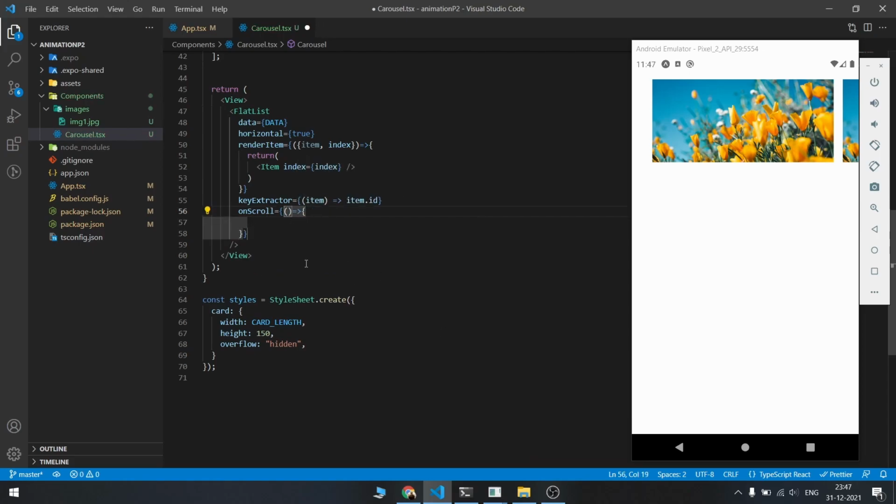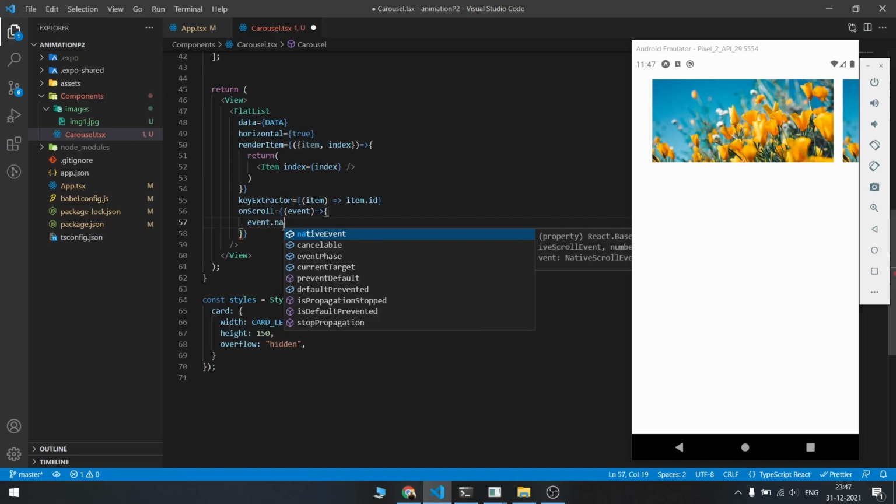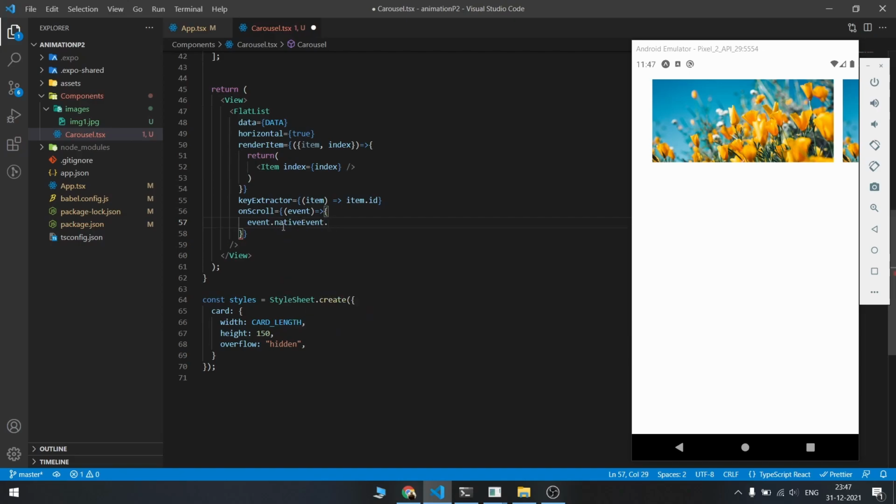So this onScroll gives us an event, and we can get this by doing event.nativeEvent.contentOffset, I believe. Yeah. And since we are going on the x-axis, .x.